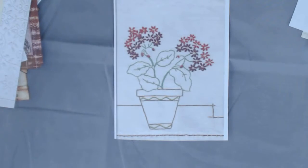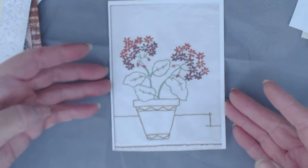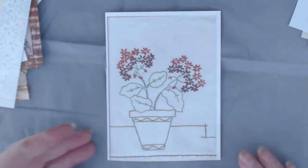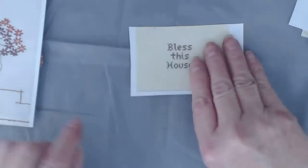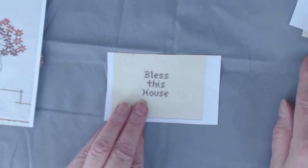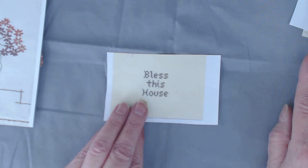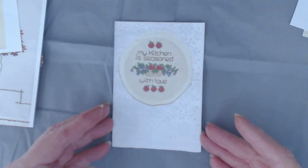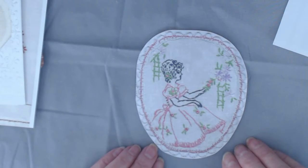This was a dresser scarf. I like this one because it's just like a line drawing out of a coloring book. It's geraniums, a pot of geraniums. Simple, bless this house. I have dozens of small little sayings that have just one flower on them or something. This one was my kitchen is seasoned with love. This was a dresser scarf